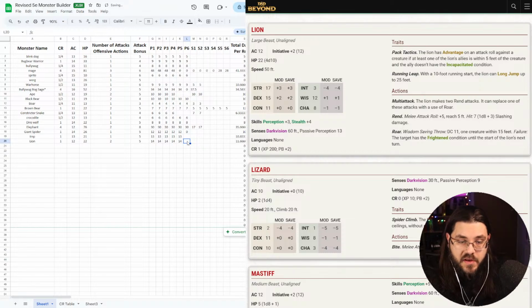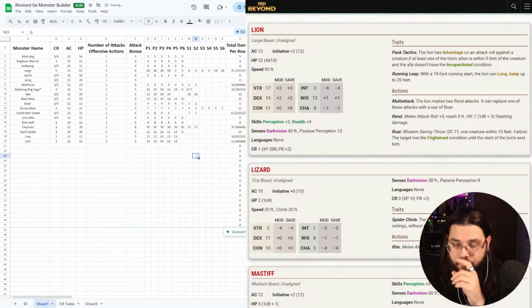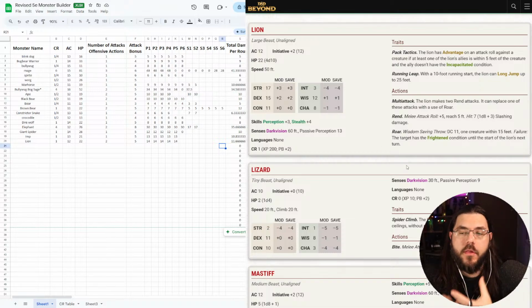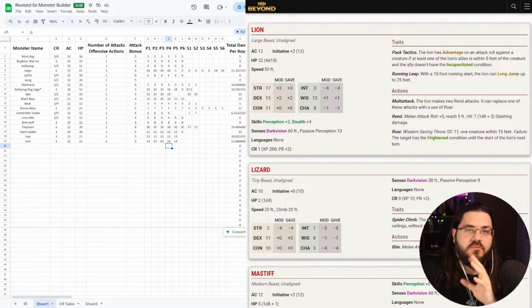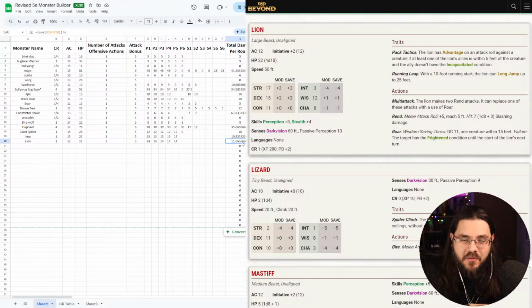DC 11 on that, and they get the frightened condition. I don't think that we'd roar more than once in a typical combat, so we just replace one of the attacks. And then we double check CR1, it's doing 11.66 recurring damage per round,